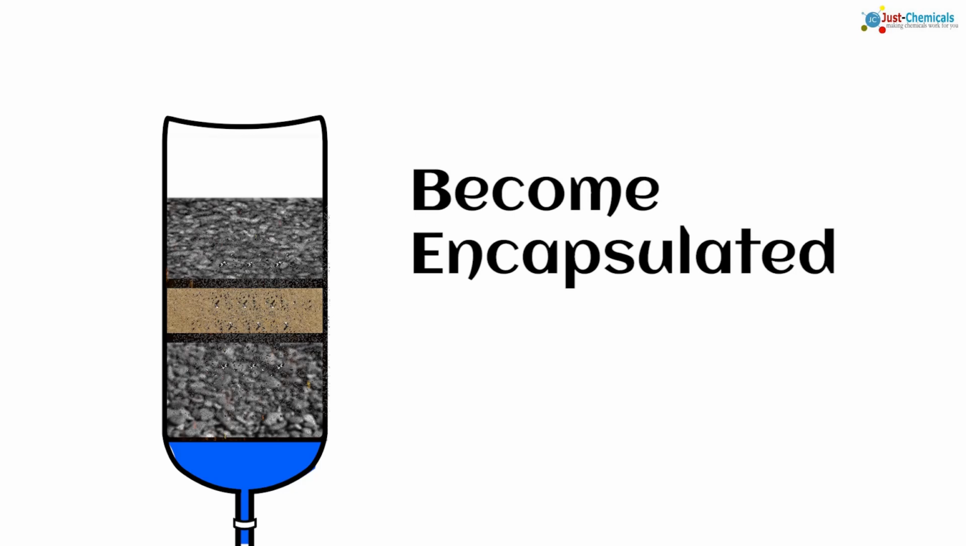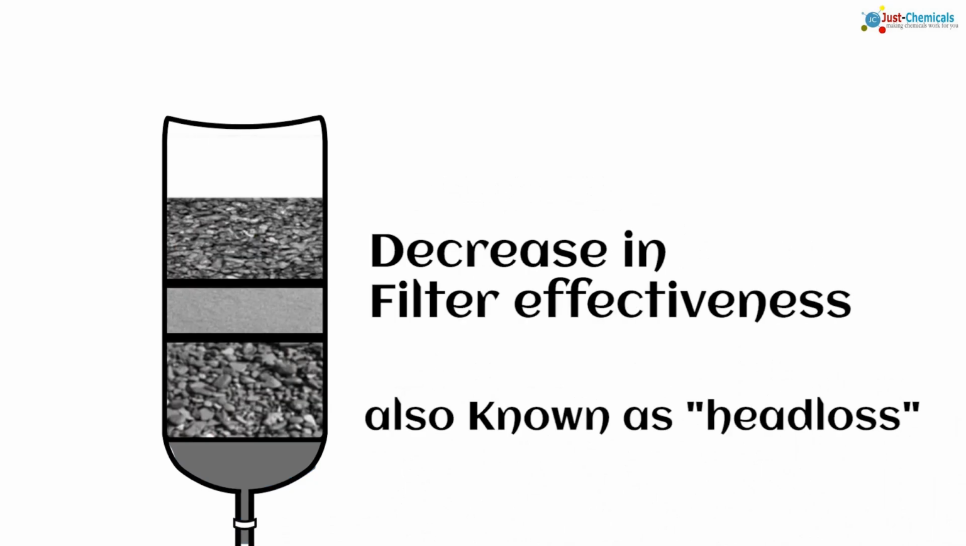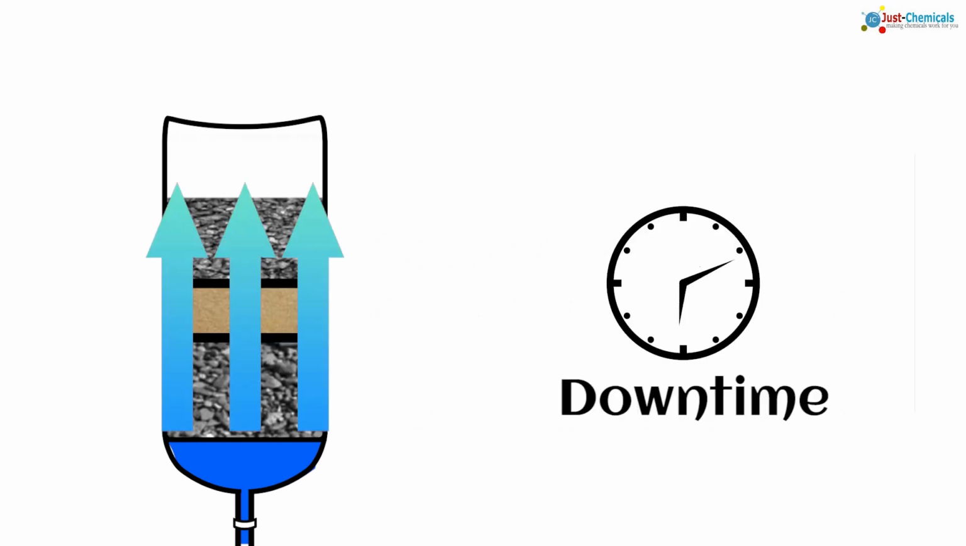Filters generally consist of layers of media which work together to trap particles while letting clean water through. However, over a period of time, the filter media can become encapsulated with organic and inorganic matter, and the result is a decrease in filter effectiveness. When water turbidity increases or clarity decreases and water flow through the filter slows down,